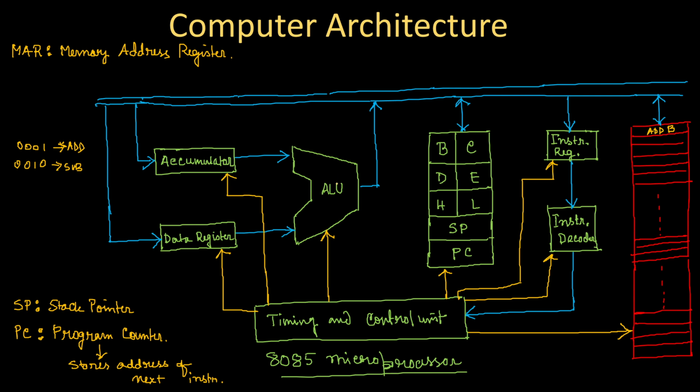And then it has to be added, and after that the ALU output should be activated. After some time, maybe it defined how much time the addition result takes, it is already defined somehow, right? So I'm not going into the exact defined timing, just try to realize the steps. After some time the ALU output will be activated, and at the same time the accumulator input should be activated, so that whatever result is coming from the ALU is available on the data bus. At the same time, whatever is available on the data bus will go into the accumulator, so that the result gets stored in the accumulator.